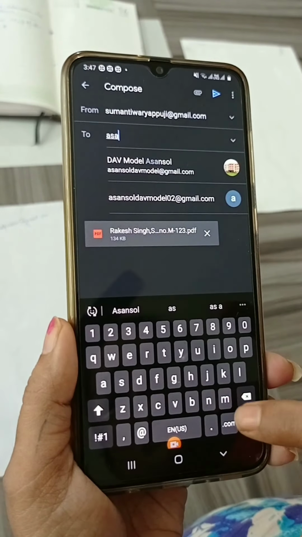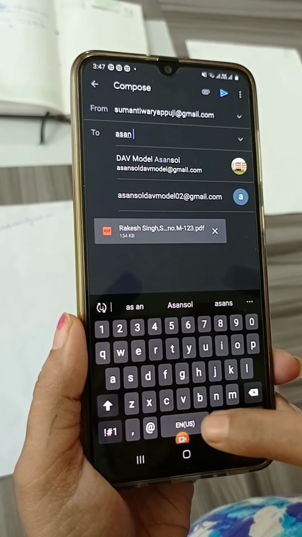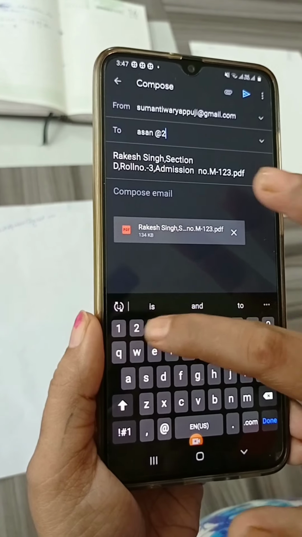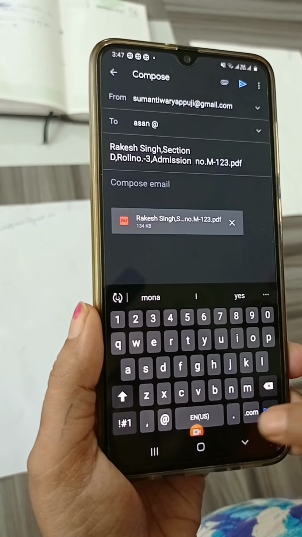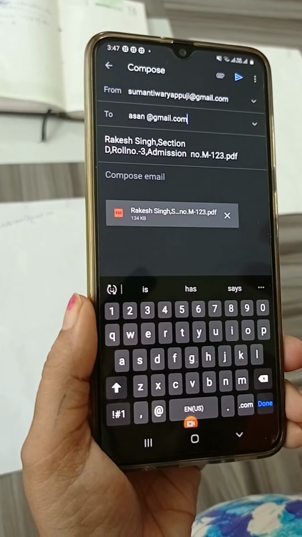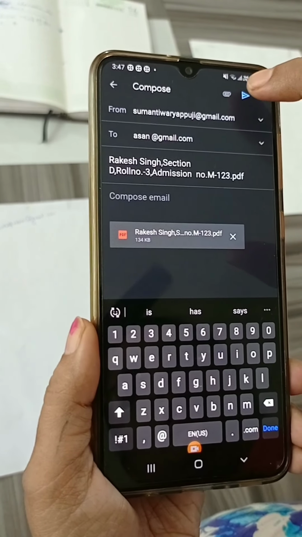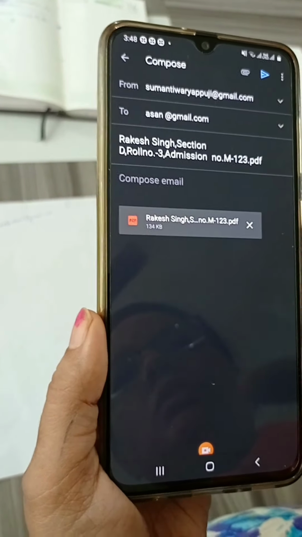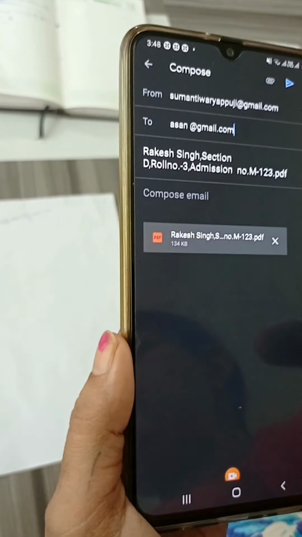So as I am writing @23. Okay, and now click on send option. Okay, so this is the way how you have to send it.